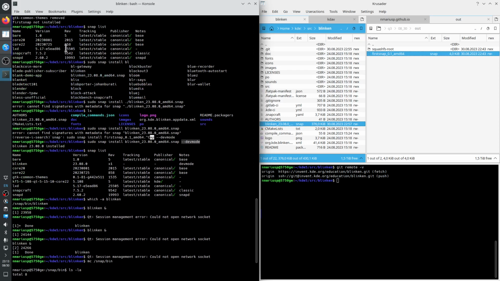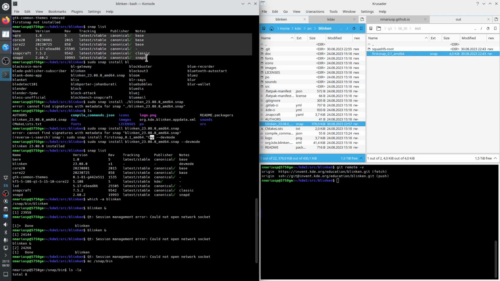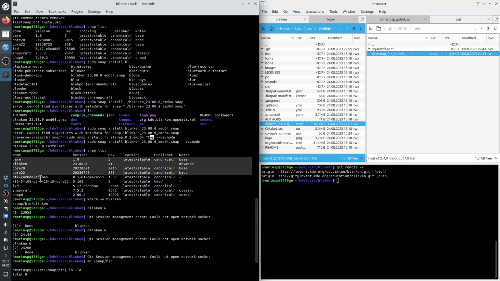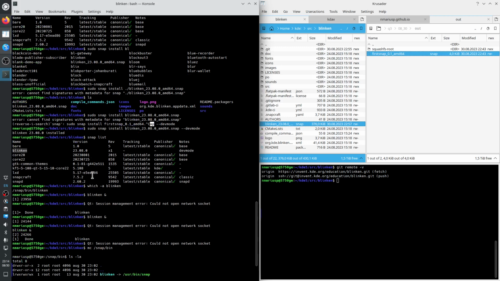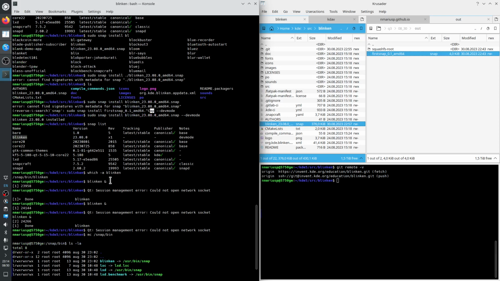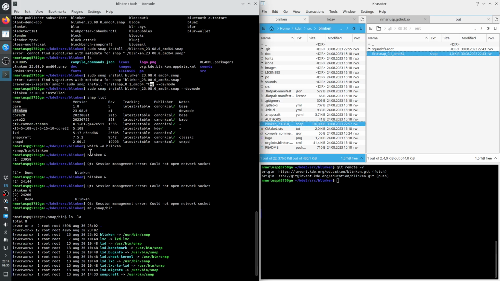The list of installed snaps increased from these to these. Three extra snap packages were installed: GTK Common Themes, KF5, and Blinken. Then we can run the Blinken application by just starting it from the command line, because the Blinken application in here specifies